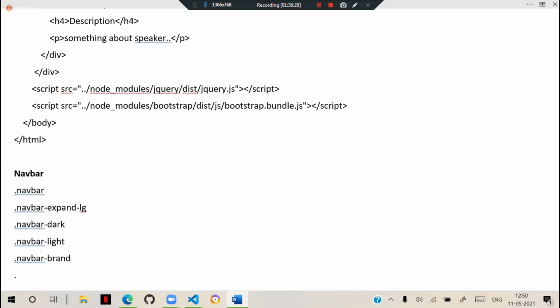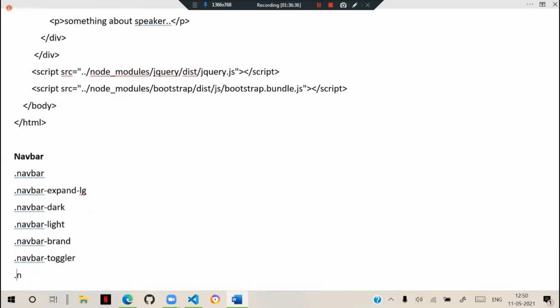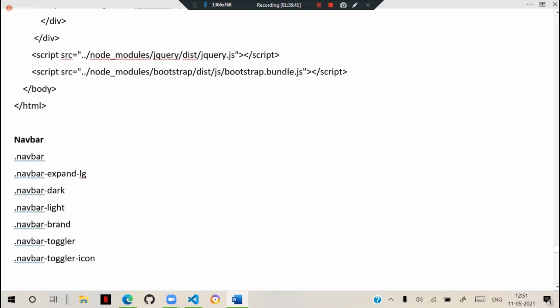And you will have buttons we call navbar-toggler, and we have navbar-toggler-icon. And very important, inside this, you have to use a combination of collapse, nav items, and all this. We need to create a combination with that and design. So what is the intention here? What are the features we need to configure here?